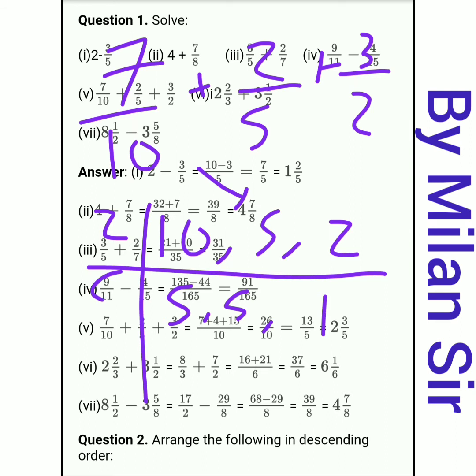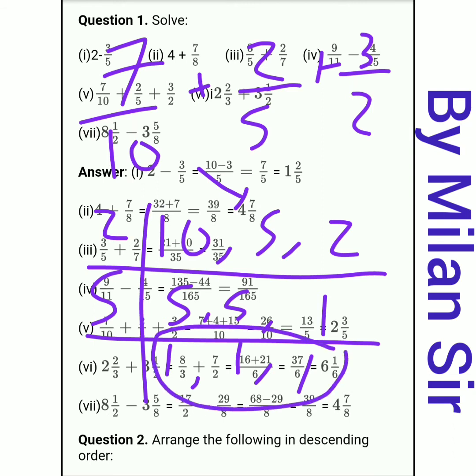So we can take 5 here. So 5 ones are 5. Again 5 ones are 5 and 1 as it is. At last we want 1. Okay. So here we get 1 1 1. So here our process of LCM is complete. So this is our LCM. That means 5 twos are 10. 10 is our LCM.